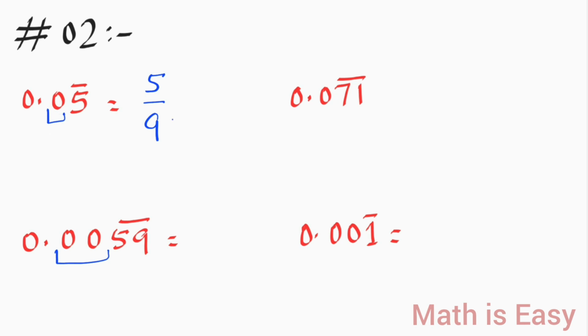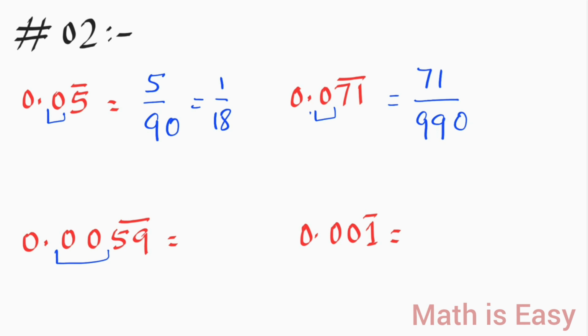Okay, so we put a 0 here, and this is our answer. You can further simplify it: 5 ones are 5 and 5 18s are 90. Here it is 71. Okay, we will write this in the numerator, and we write 99 here. Why 99? Because two digits are repeating, but there is a 0 between the repeating digits and the decimal point. There is 1 zero, so we put 1 zero here.